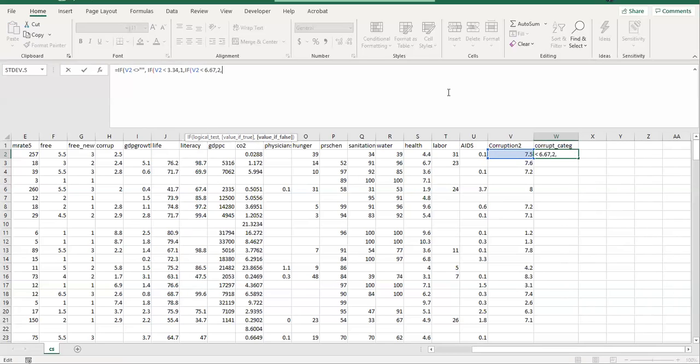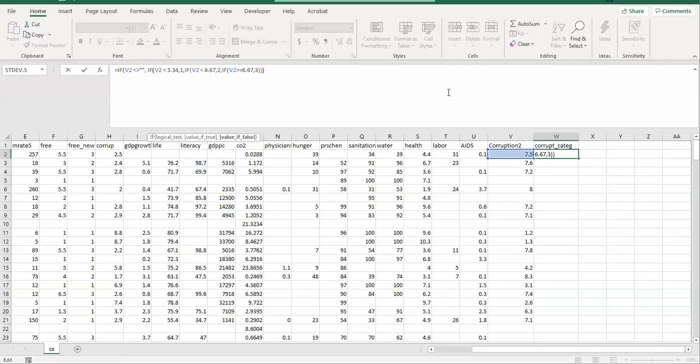Give that a 2. And if it's not that, if v2 is greater than or equal to 6.67, give it a 3, and then closing that parentheses,